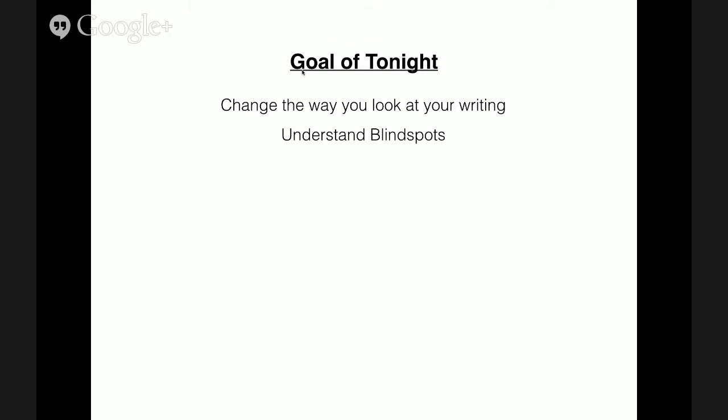Understanding blind spots. Writers have blind spots. Anyone in the creative process has a blind spot. We work with a lot of writers, some have sold screenplays, some are very successful, and they have blind spots. You don't know where a story's going. You have to experiment. You have to go into uncharted, unfamiliar territory, and it's nerve-wracking. And sometimes you don't see what should be right in front of you or right next to you as far as where your story could go. Using the core elements that we're going to talk about will help smooth that over a little bit, hopefully. We're going to understand the core elements and how to use them.